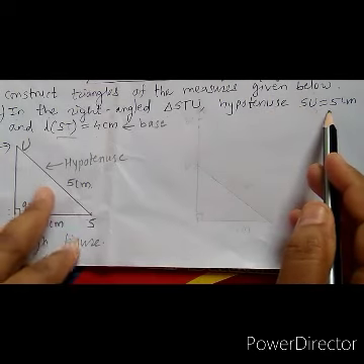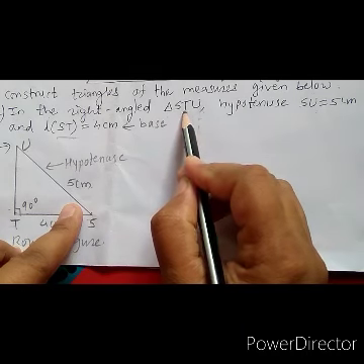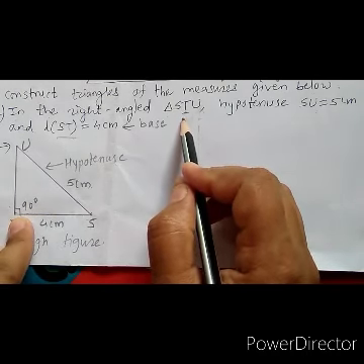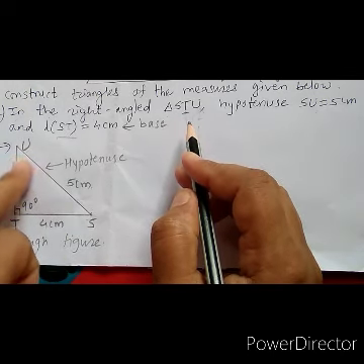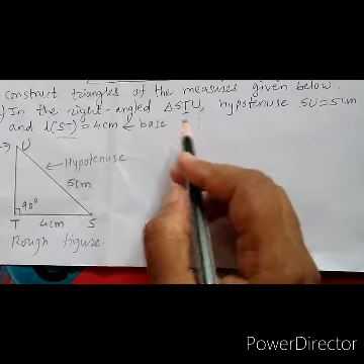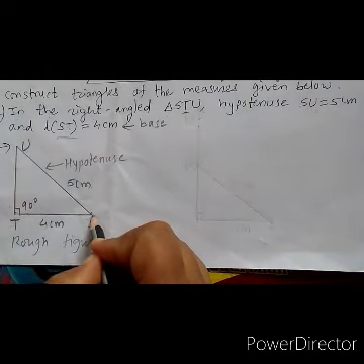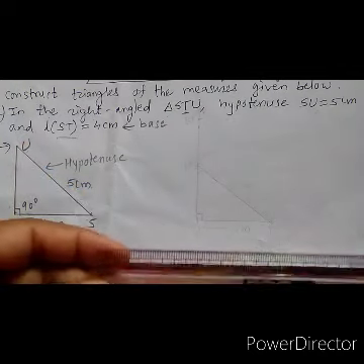See, hypotenuse SU is given 5 centimeters. It means that we have to take another point, that is T, and at this point T we can draw an angle of 90 degrees, that is right angle. So ST is given 4 centimeters, SU is given 5 centimeters, and angle T is given 90 degrees. Therefore we got right angle triangle STU. So by using this we have to draw the required figure.